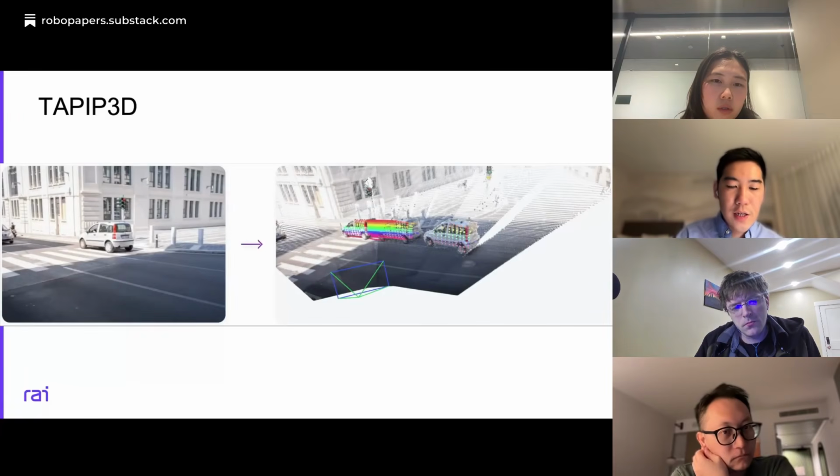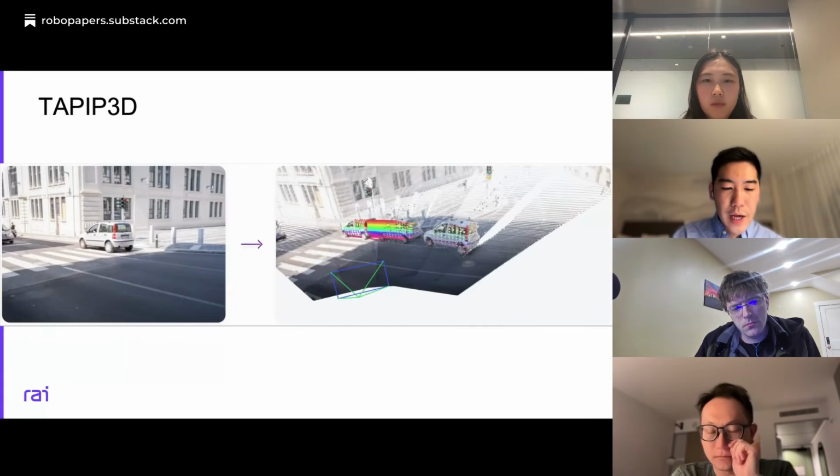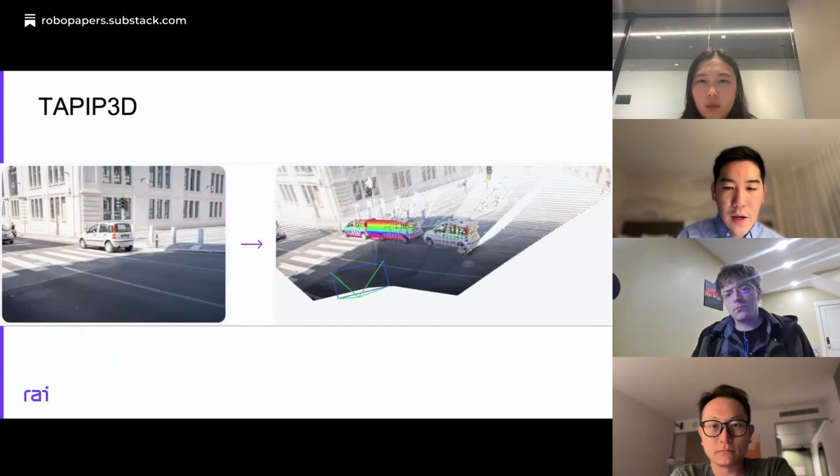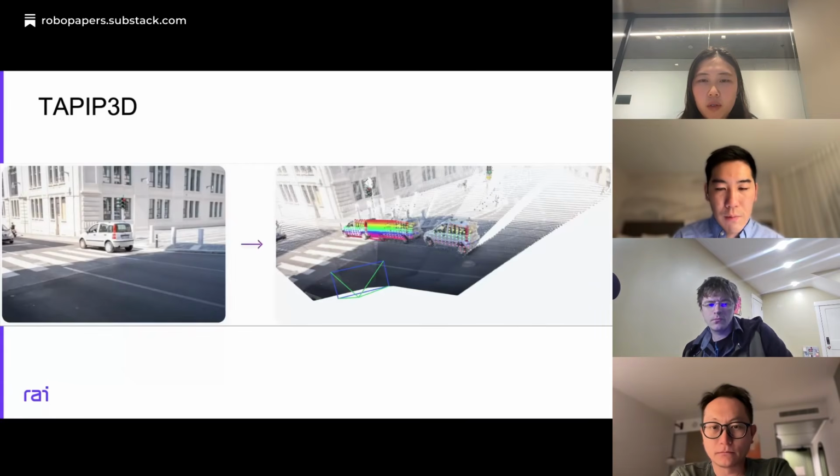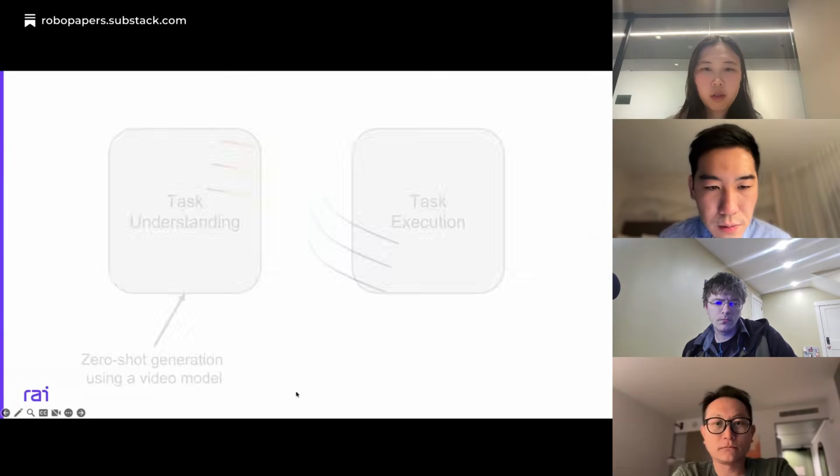What TAPIP 3D does is estimate the point, which is a point tracker. They estimate the point's 3D motion in the camera frame. So here they represent the point motion as XYZ. So it's a 3D point tracker.